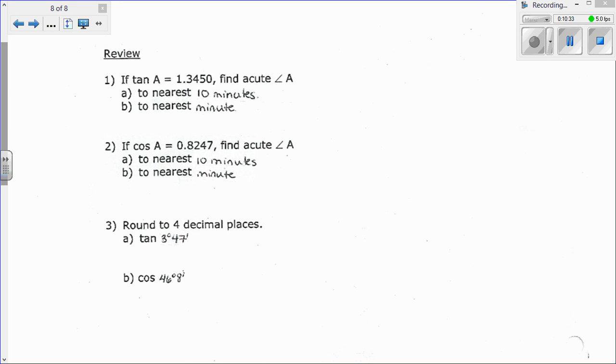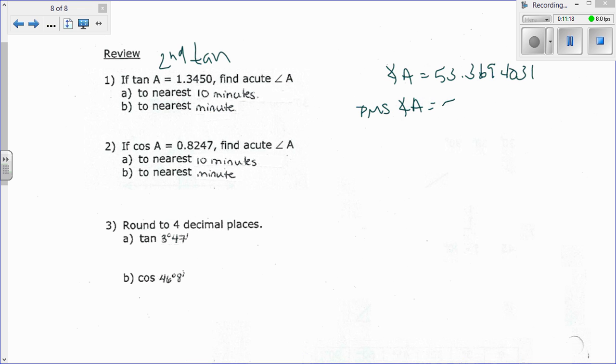So if the tangent of A is equal to 1.3450, find the acute angle A to the nearest 10 minutes and B to the nearest minute. So if I put this into the calculator, I would do second tan and then type in my number, and I would get angle A is equal to 53.3694031. I need to hit my degrees, minutes, seconds button that we did yesterday, that DMS. And angle A is then 53 degrees, 22 minutes,